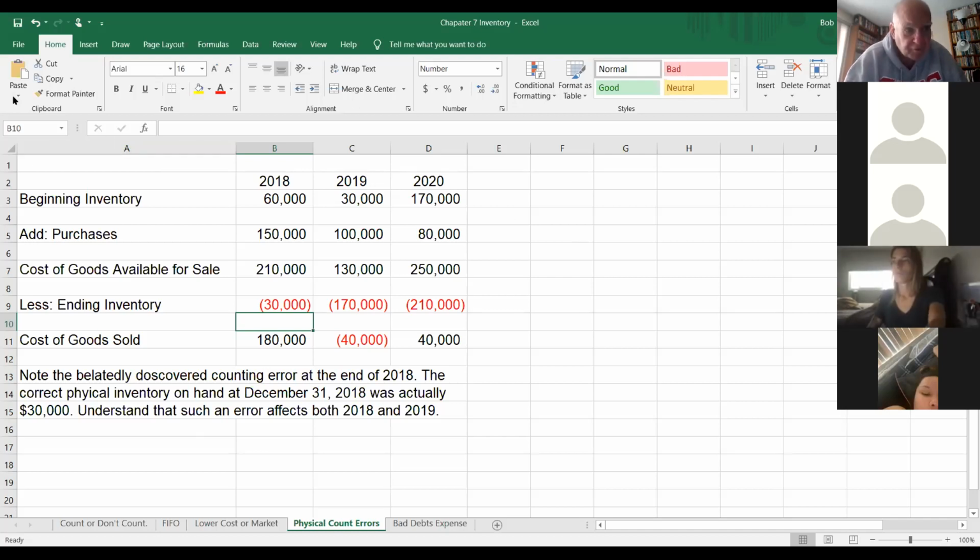I forget what I had there in the first place, so let me just go back real quick. Yeah, we had 80. And now, we had a $50,000 error. So our cost of goods sold should have been 180,000 in that month. Again, we only reported 130. And then the next month, it looks like we did fairly well, but we actually maybe lost money.